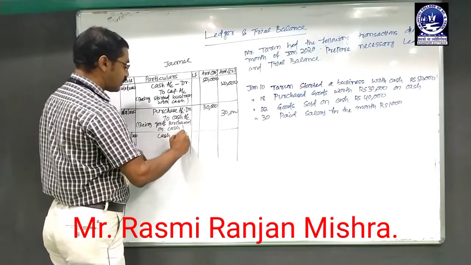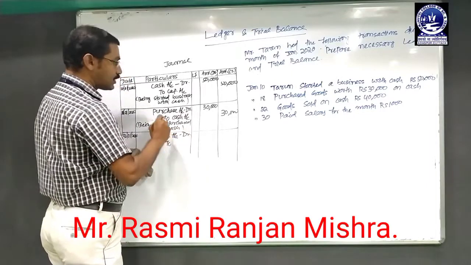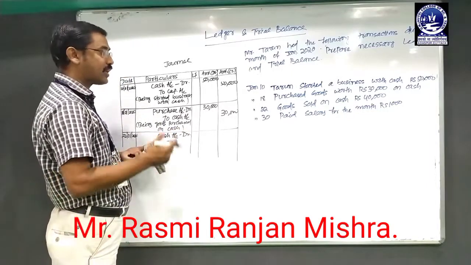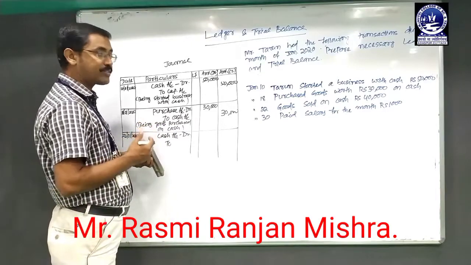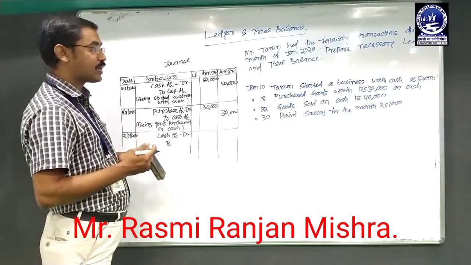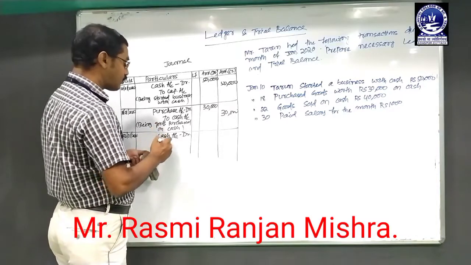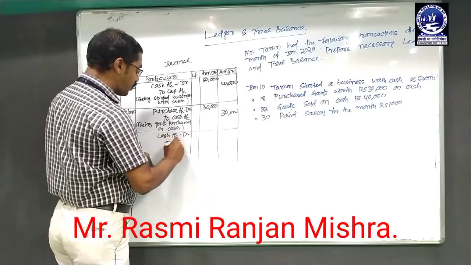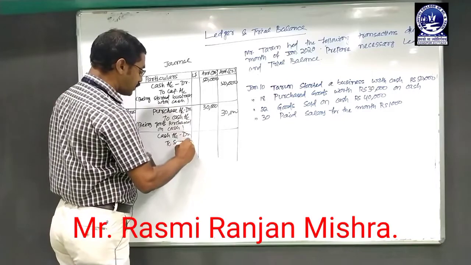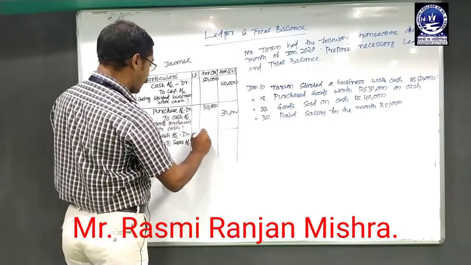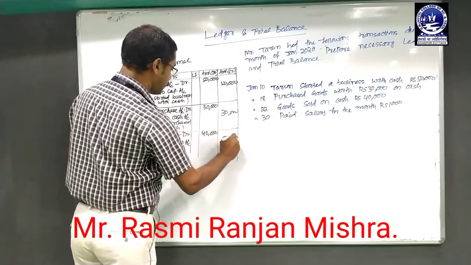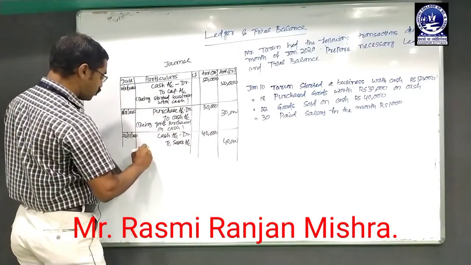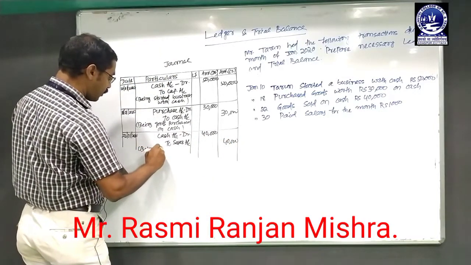Cash account debit to. There is a case of a sale. Sales comes under nominal account, and as per the nominal account rule, debit all losses and expenses, credit all incomes and gains. So the sales account must be credited as it is a case of income. So cash account debit to sales account, the amount is rupees 40,000. The narration is being goods sold on cash.